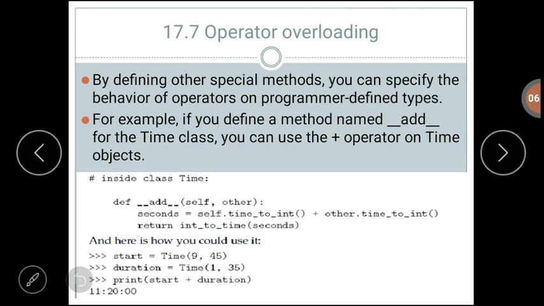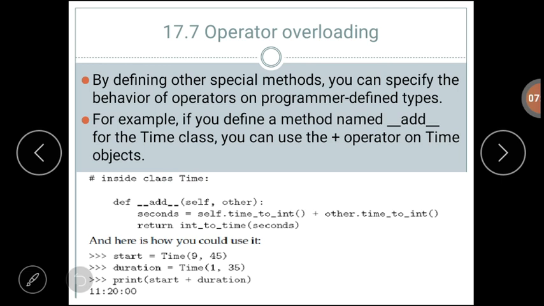What is operator overloading? The ability of an existing operator to work on a user defined data type is known as operator overloading. Basic operators like plus, minus, multiplication, etc. can be overloaded. To overload an operator, one needs to write a method within the user defined class. Python provides a special set of methods which have to be used for overloading the required operator.